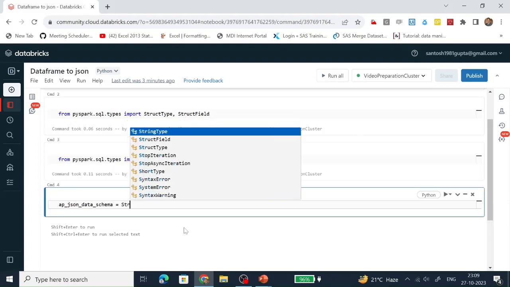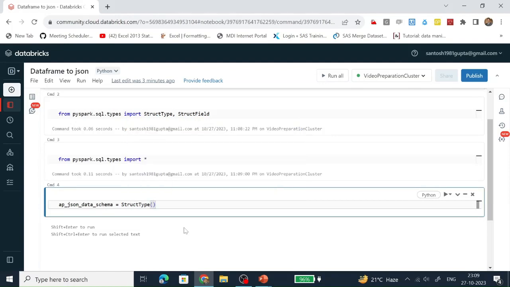We are going to use StructType and we are adding fields. What is the name of the field? That is, what is the column which is present in the JSON file. So first one is AP ID.